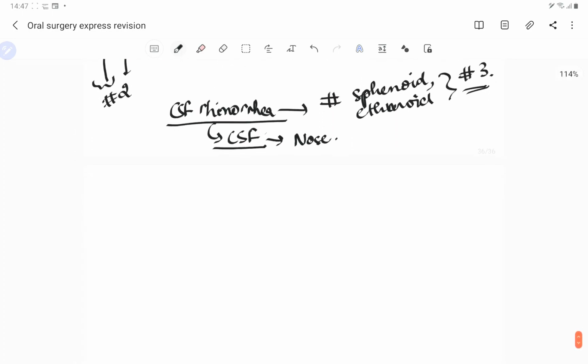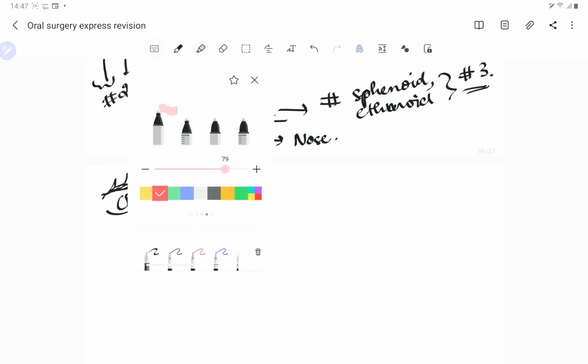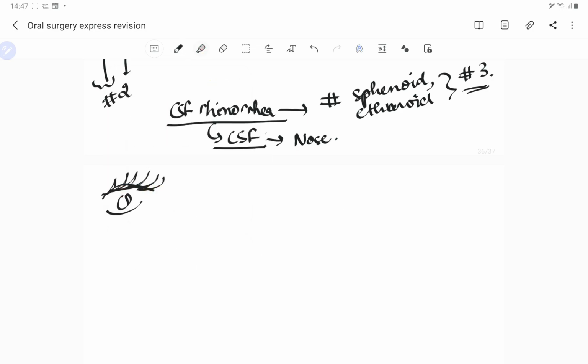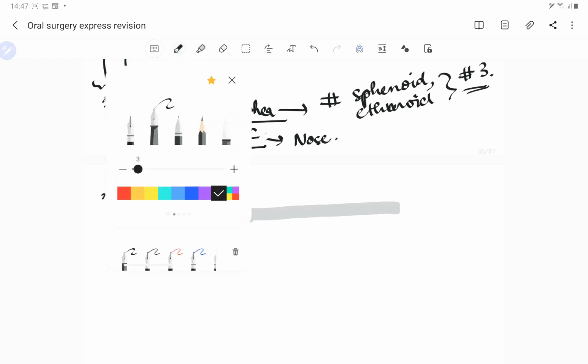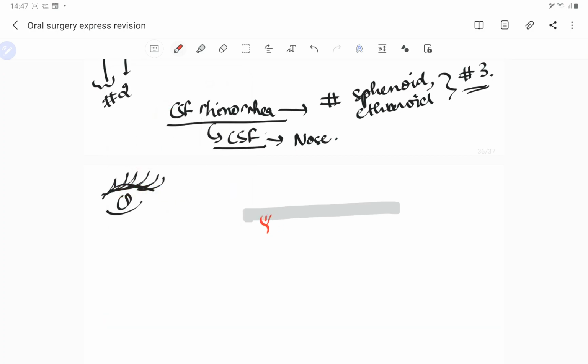Or in case there is bilateral ecchymosis. Ecchymosis is basically darkening of the color, which happens because of the rupture of the blood vessels. See guys, suppose this is the skin surface; beneath the skin surface we have all these blood vessels, right? When there is a rupture of these blood vessels and a lot of blood, because of that there is discoloration of the skin. This is what we call ecchymosis, right?